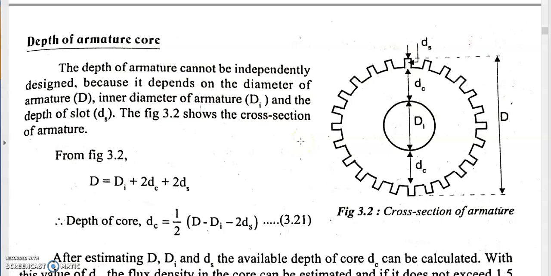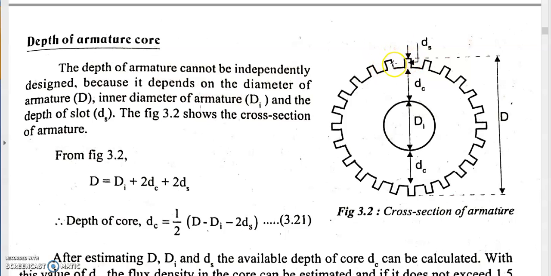Okay, so in this lecture we have completed three parts. We have discussed the guidelines for selecting the total number of armature slots. This portion is the armature tooth, and this valley portion is the armature slot. So we have finalized the total number of armature slots and slot dimensions. That is, by assuming the depth of the armature slot, we have calculated the width of the slot, and the slot pitch includes the width of one tooth and the width of one slot.